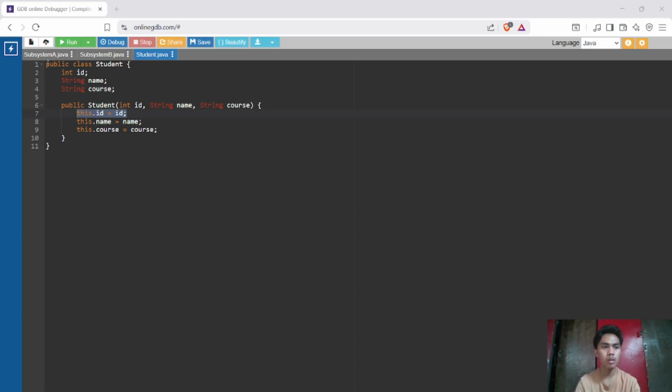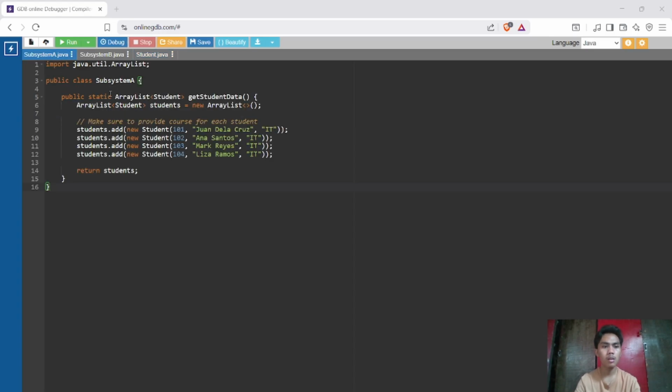So let's go to subsystem A. In line 5, ArrayList<Student> getStudentData defines a method called getStudentData. This method will give back a list of student objects.